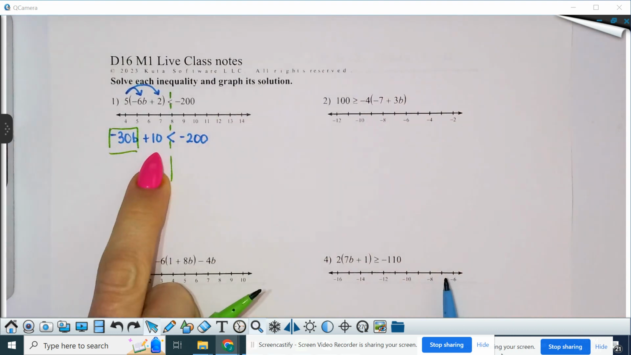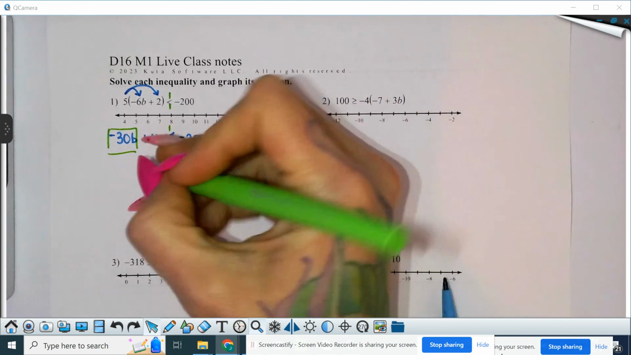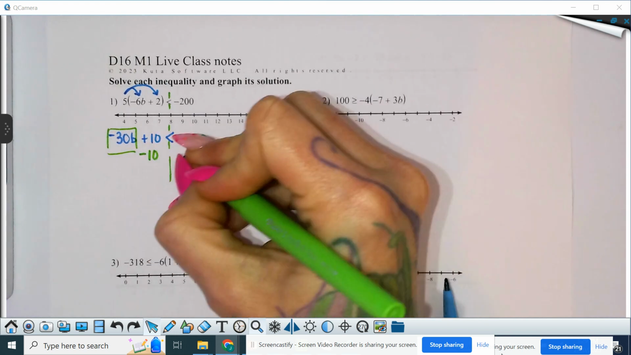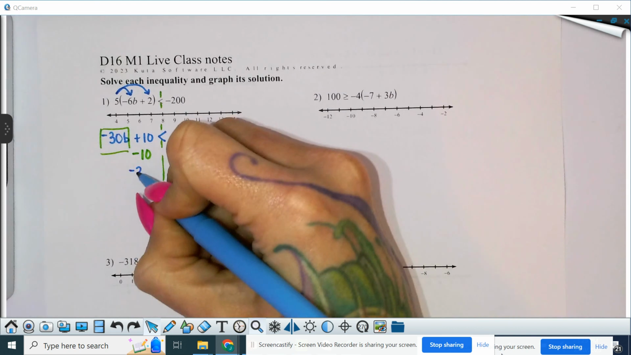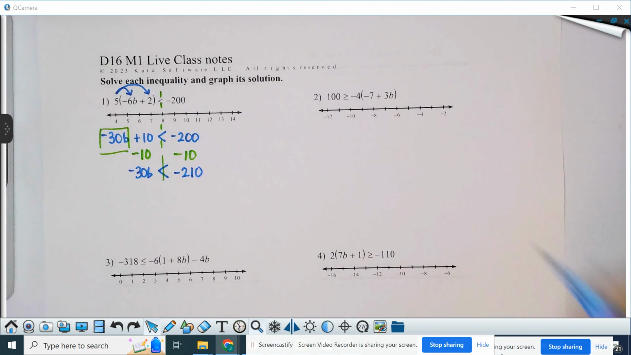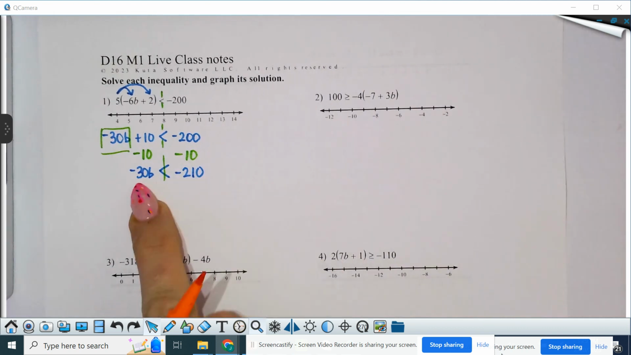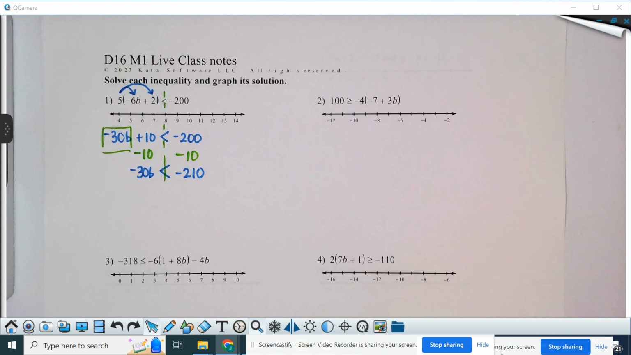So how do we undo adding 10? The inverse of addition is what? We're going to subtract 10 from both sides. That gives me a negative 30b is less than a negative 210. Good job. And now that negative 30b, that's a negative 30 times b, so that's multiplication. And the inverse of multiplication is going to be